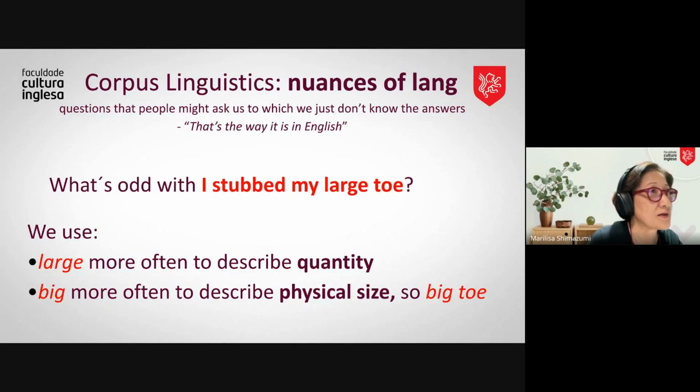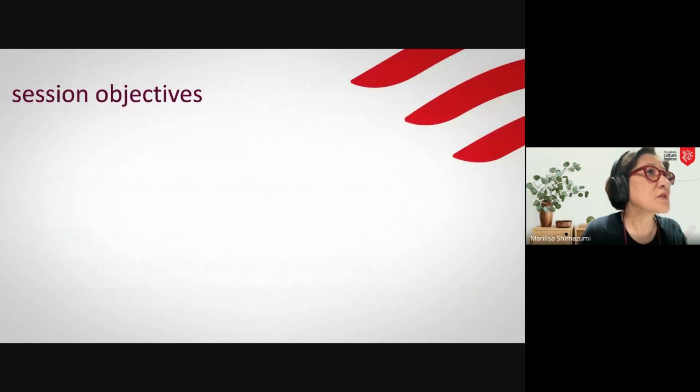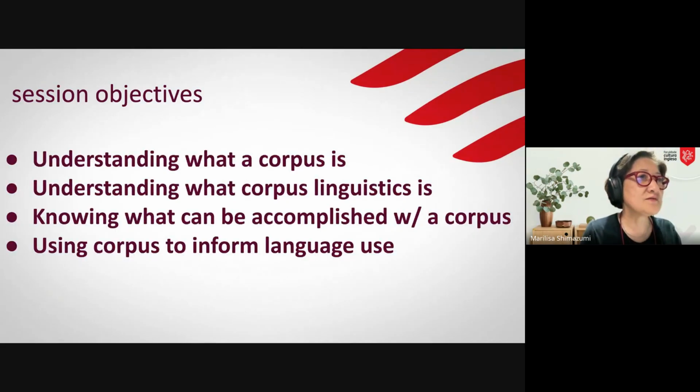Large and big. Large is used for quantities and not for physical size. So the most natural thing to say is I stubbed, I hit my big toe instead of large toe. And how can we find this out? By using corpus. So basically, this has been